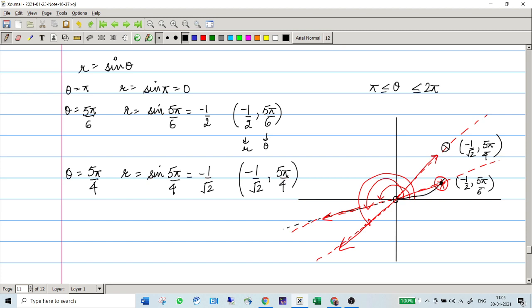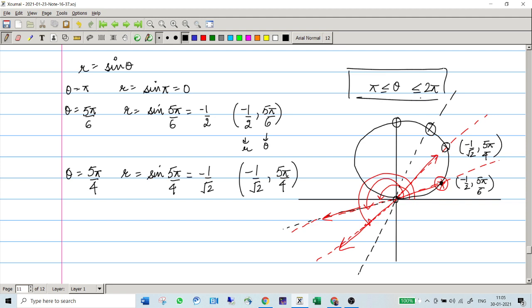These are the points which we have collected, and again we are traveling along the same circle which we got in the previous part, in the first half, right? Because when you have the next thing, pi plus pi by 3, you'll have 4 pi by 3. Then again, because of the negative sign of r, you'll be traveling in the opposite direction, so that you can reach this point. Again you'll reach this point, and so on and so forth. The story continues, and you'll be traveling along the same circle for the values of theta between pi and 2 pi as well.